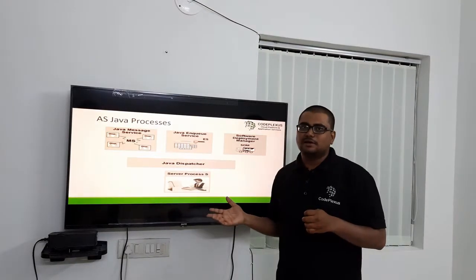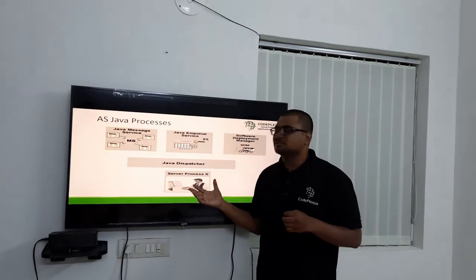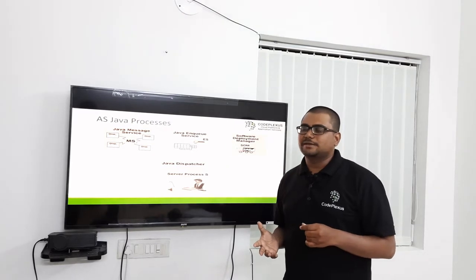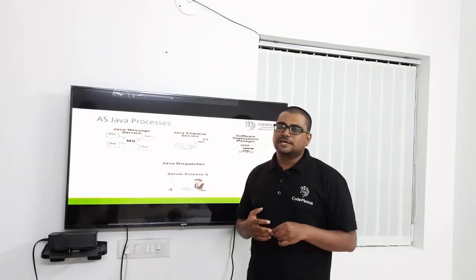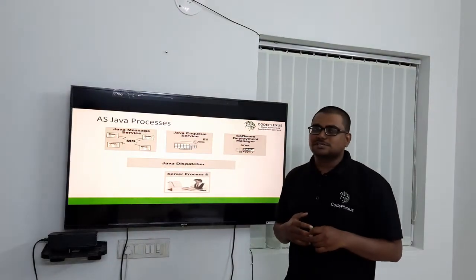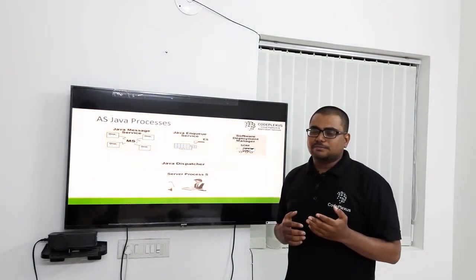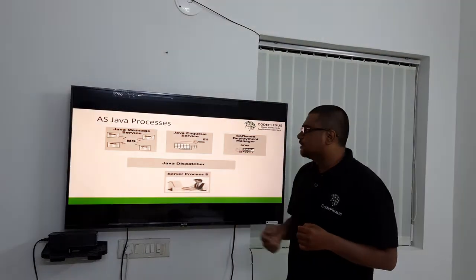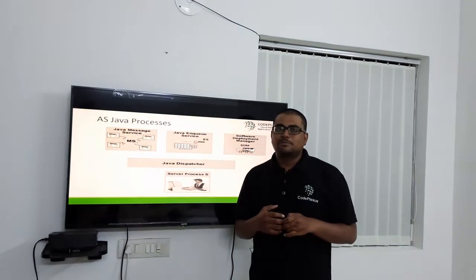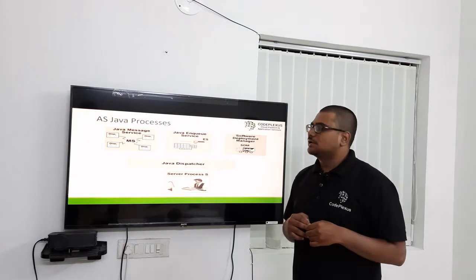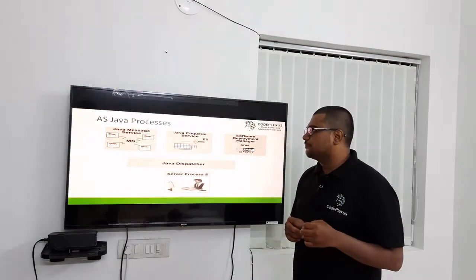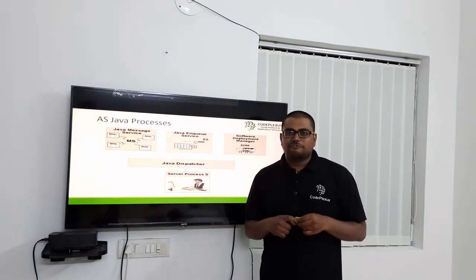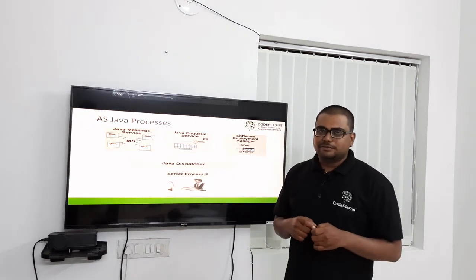Coming to the AS Java process, it contains a server process. It is a multi-threaded process which handles requests in parallel. Java message services is a central service which enables communication between the dispatcher and the Java applications within the runtime environment. Java enqueue services is used to keep logical locks on the Java applications within the Java environment. And the Software Deployment Manager is a tool to install software within the Java environment.